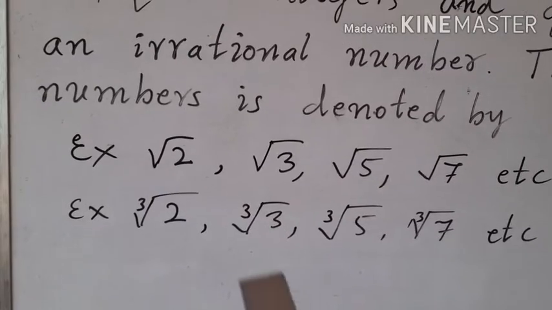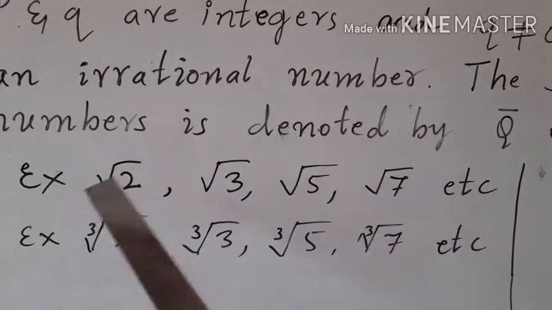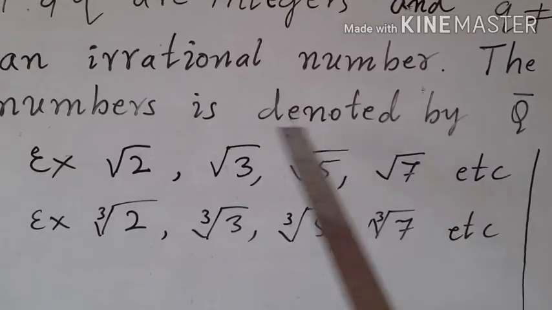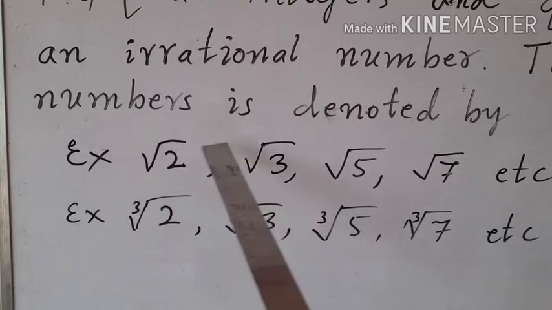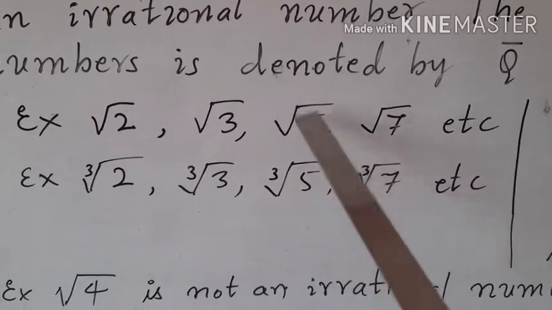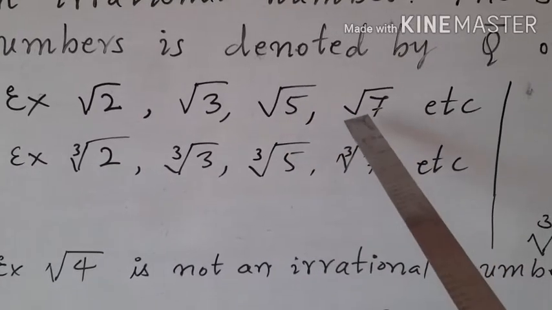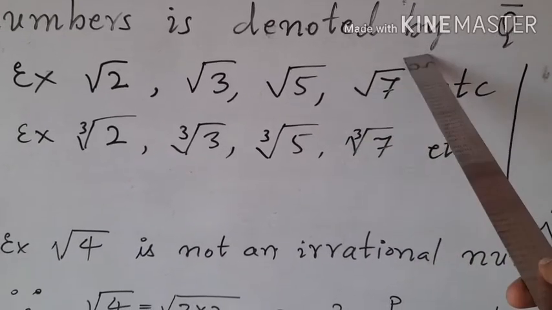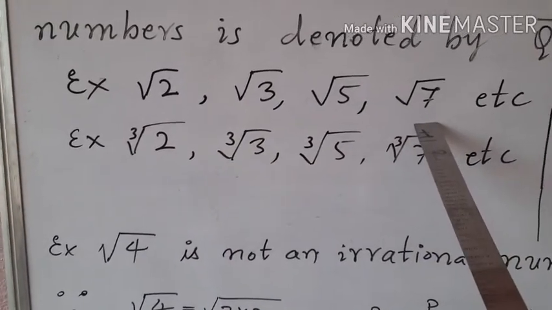According to the third condition, look at the first set of irrational number examples here. 1, 2, 3, 4. 4 examples I have given for irrational numbers. Here square root of 2. Here 2 is a prime number. Square root of 3, 3 is a prime number. Here take square root of 5. Here 5 is a prime number. Let us take the example of square root of 7. Here 7 is a prime number. Therefore, under the square root, if prime numbers are written, then they will become examples for irrational numbers.